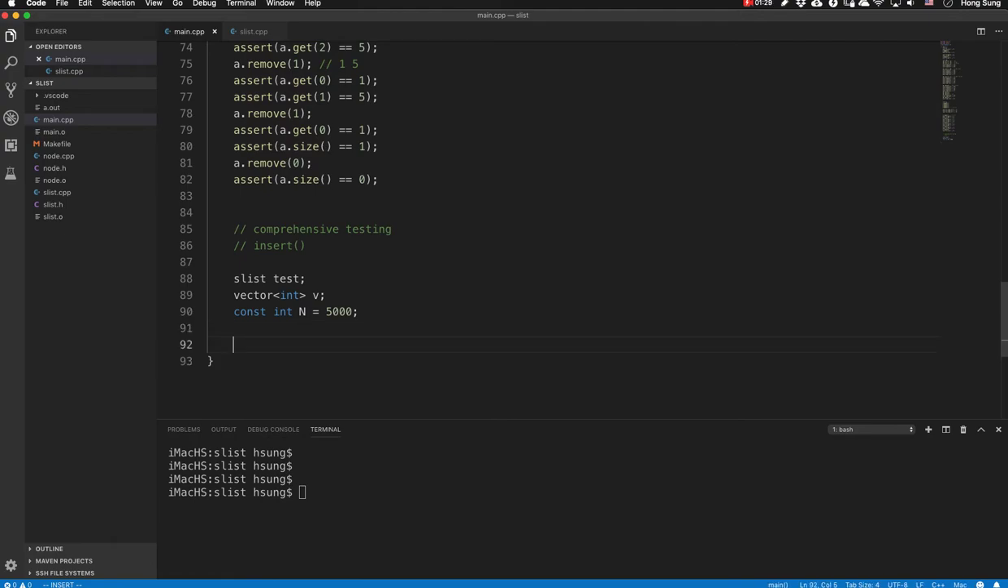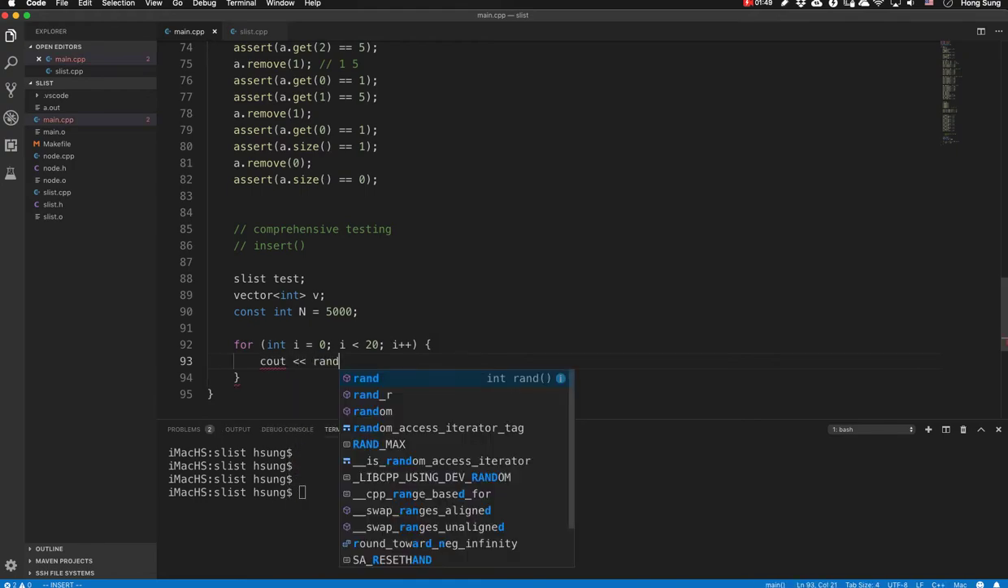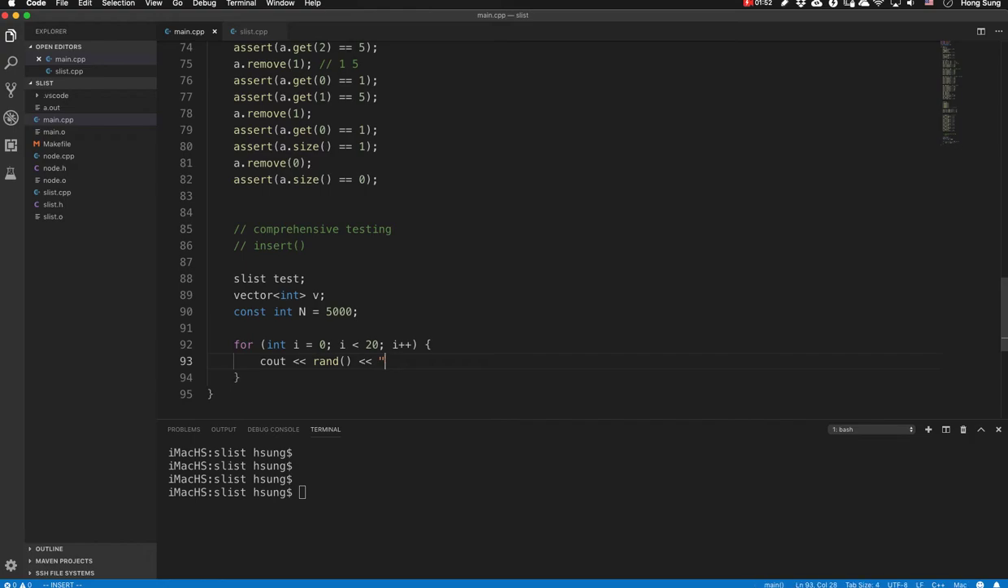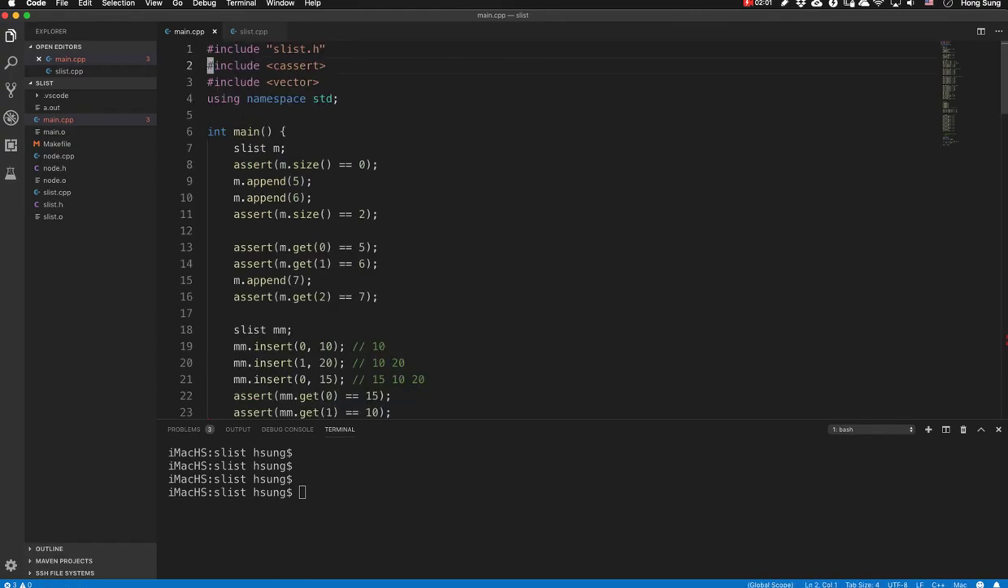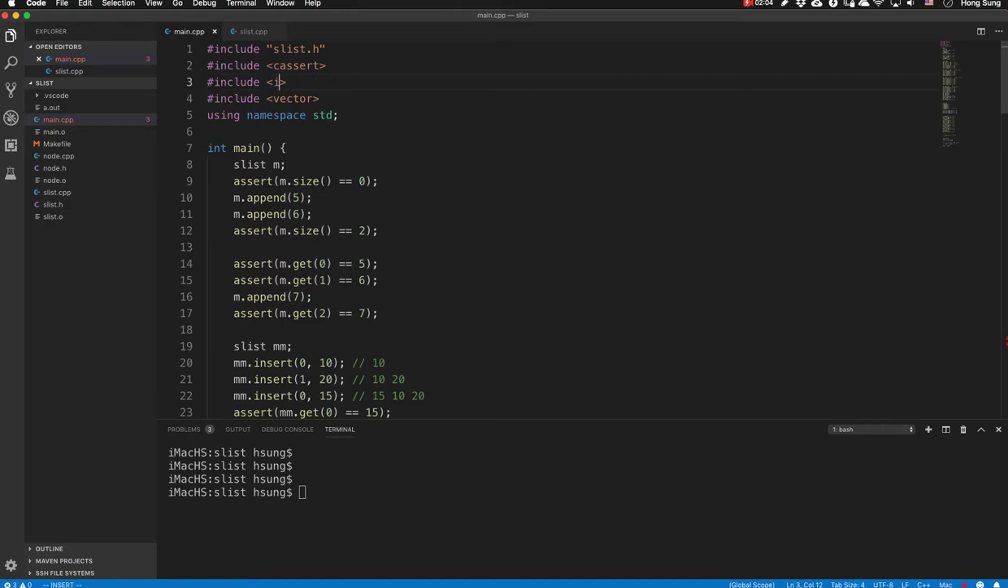To use a random number from the C++ standard library, we have the rand function. So for example, if I do int i is 0 to i is 20, I can generate a random number using a rand function call. So cout, let me include iostream. And the rand function is originally in the cstdlib library,